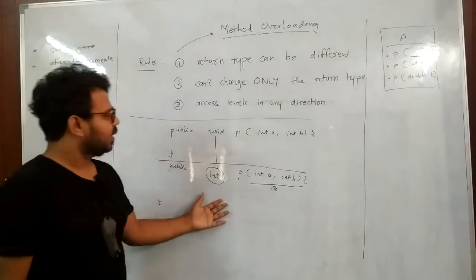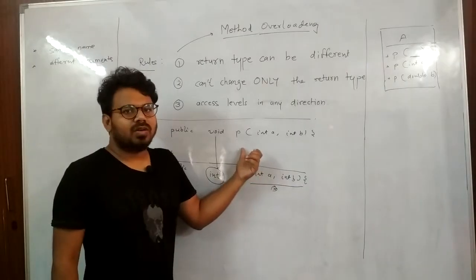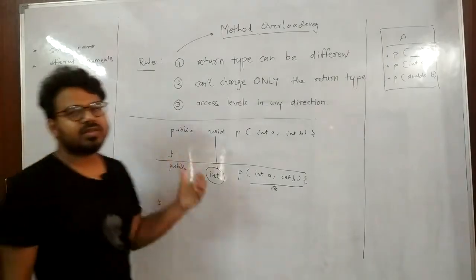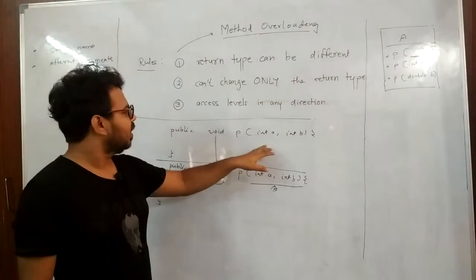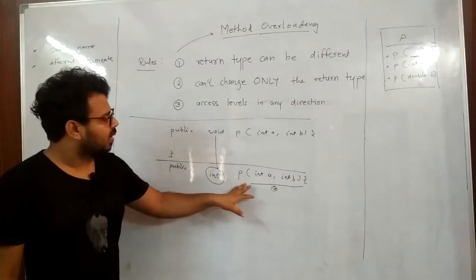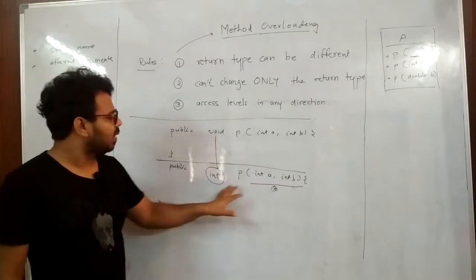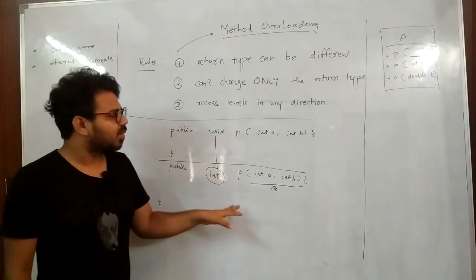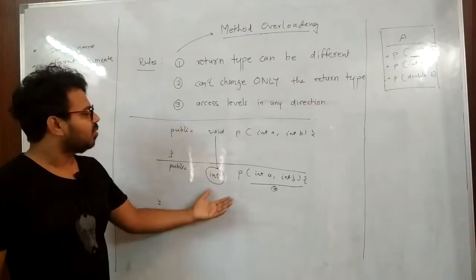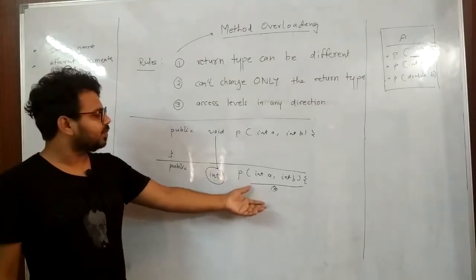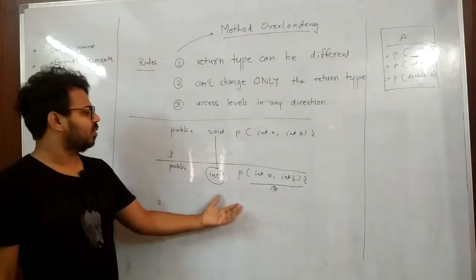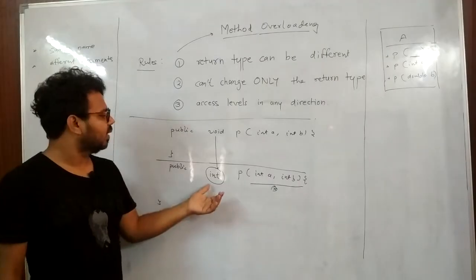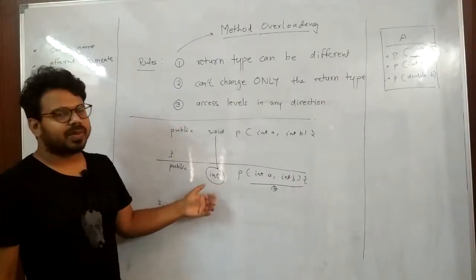So let me tell you here that method overloading is all about having the same name and different arguments. If methods have the same number of arguments but we change only the return type, then it is not a proper overload. Okay, and also it is not a proper overriding. You can see here it is not a proper overriding. Also, in overriding we must have a parent to child relationship, and this return type should be compatible.